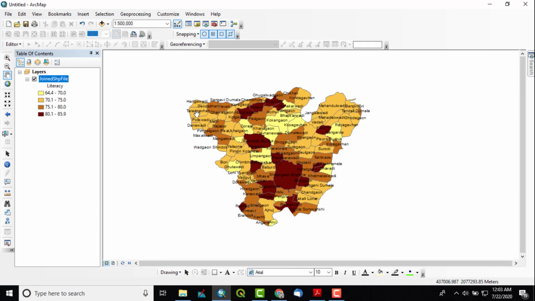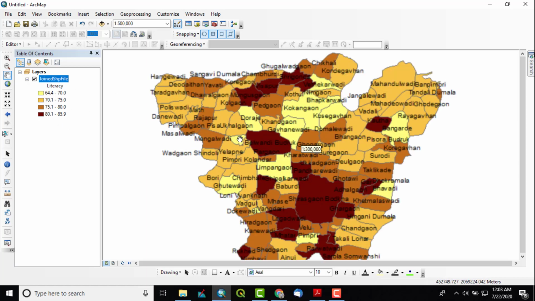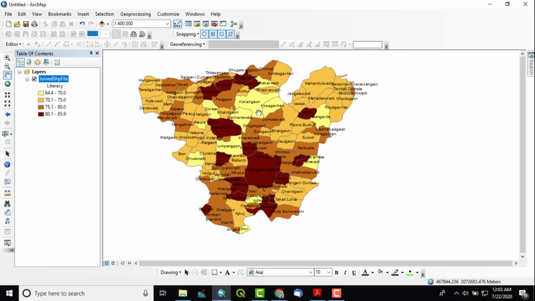This way I can prepare such maps. This is just a trial one. You can download the data from many sources, but most of the data can be downloaded easily from the Census of India website. Many population databases are available there. So this way I can prepare the maps. I can now prepare its layout. I will show the legend like this. I can easily get the idea that this area has good literacy compared to this area. This way we get some additional information about our area of interest.